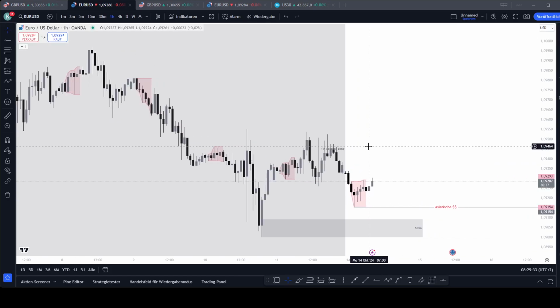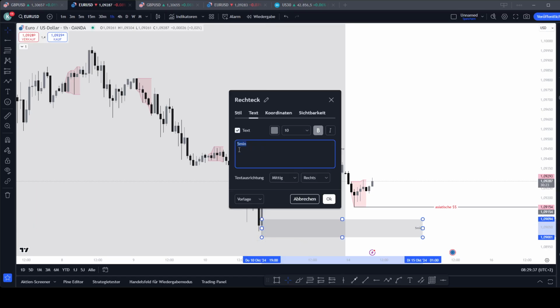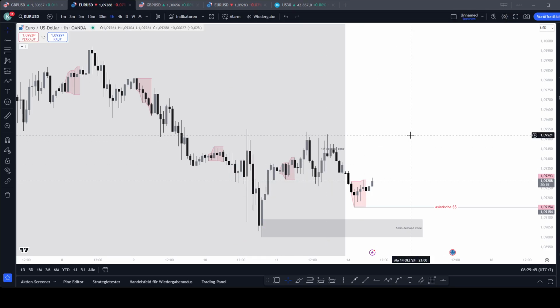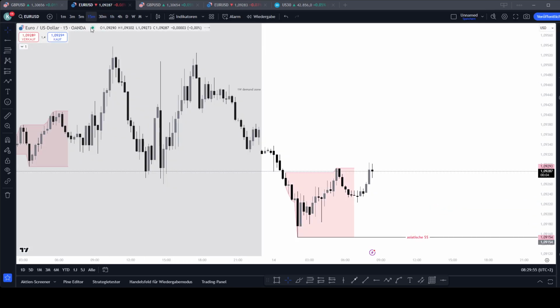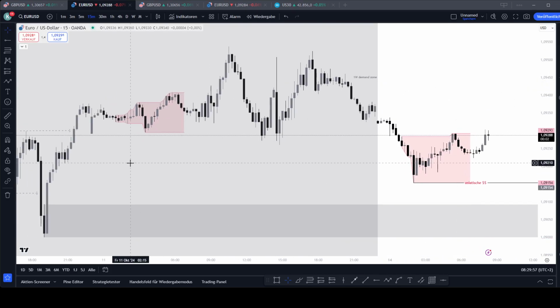taken out. And since we're able to spot a 5 minute demand zone here, we'll have to scale down to the 15-minute time frame. We're leaving the 1 hour time frame for the 15-minute time frame to be able to look at market structure within this area. So looking at market structure, we are clearly able to see here that,